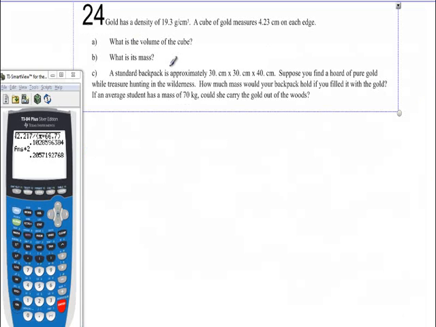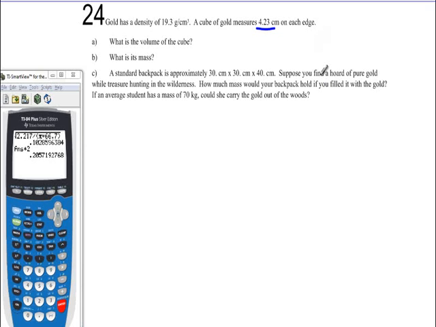All right, gold has a density of 19.3 grams per centimeter cubed. A cube of gold measures 4.23 centimeters on each side. What is the volume of a cube? All right, so I can just take the volume of the cube, which is going to be this cubed, right? So let's just do that, 4.23. I'm going to do it the lazy way, times 4.23 times 4.23. And that's going to give me